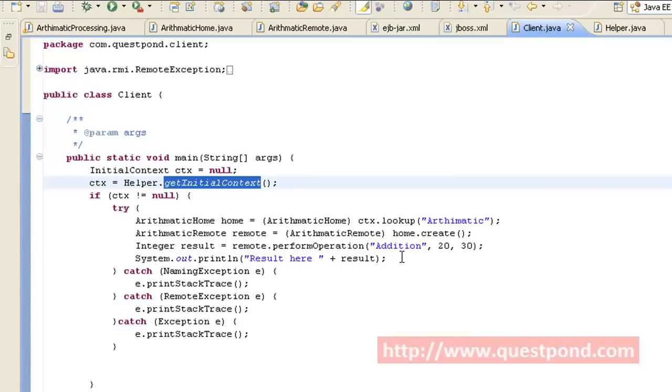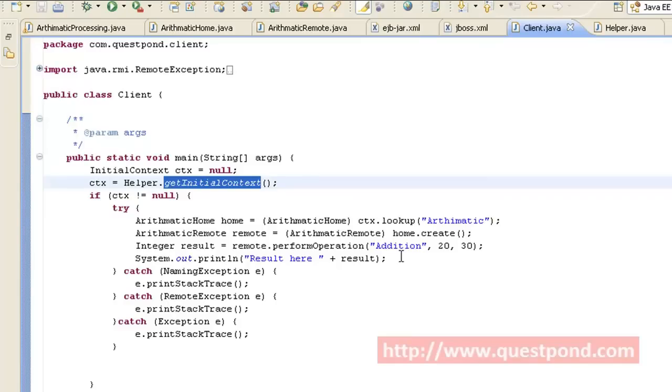Finally, after getting the result, I display the same on the screen. Along with this, we put all this code within try catch, since we can get a variety of exceptions, from naming exceptions to remote exceptions, which denote a name error or being unable to reach the remote server respectively.